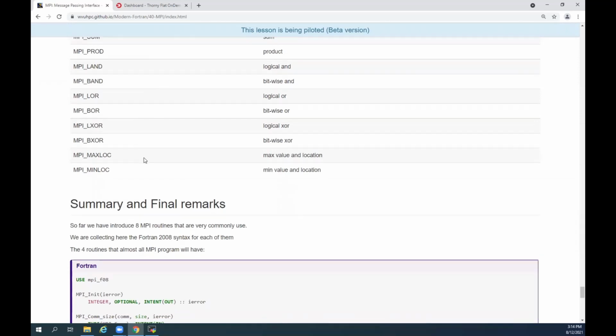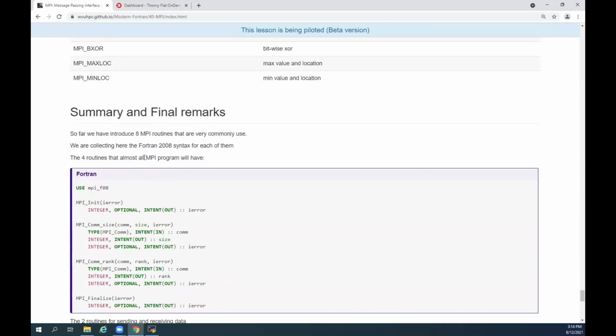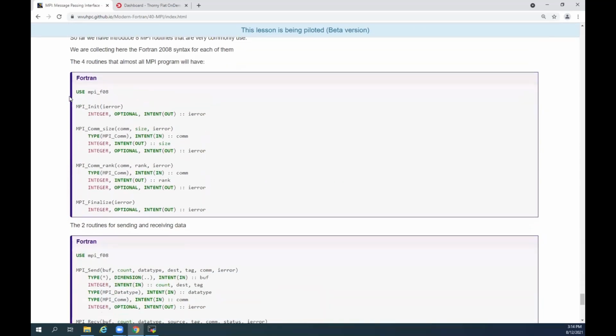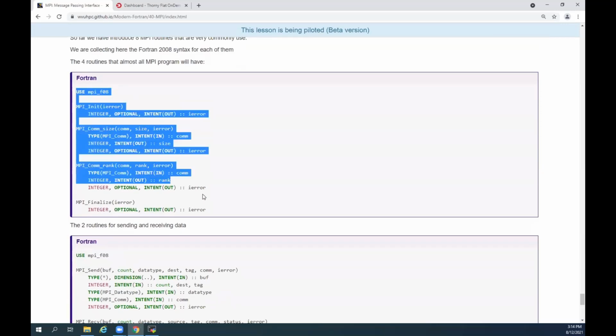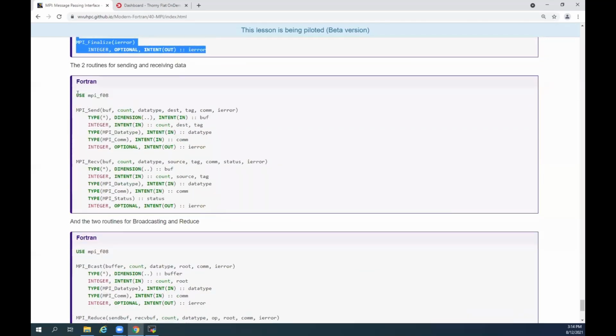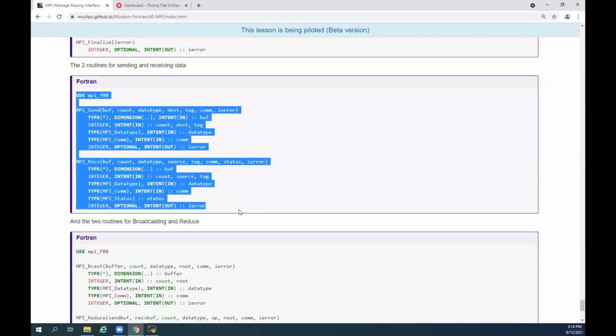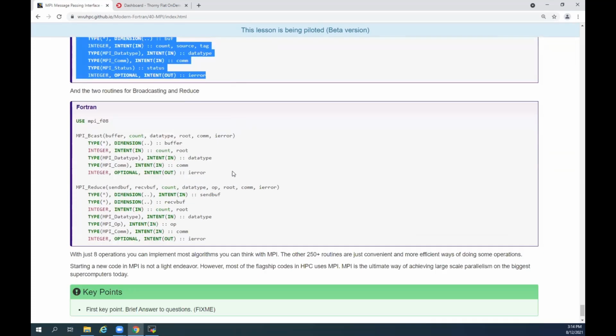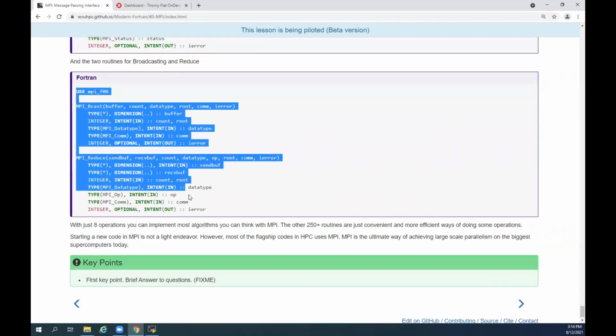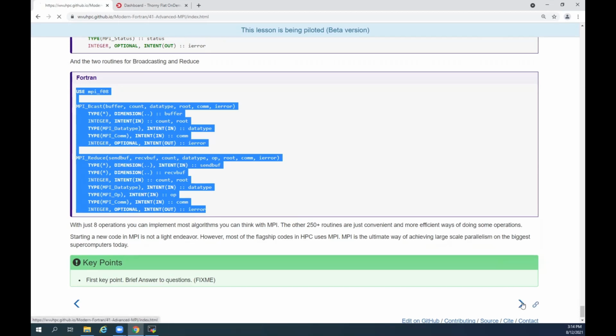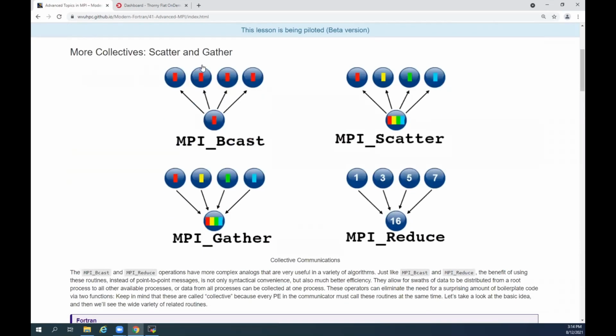This is just a summary of the kind of elements that we saw first. The main routines, I told you about those, send and receive, and we discussed those. So now, in the next section, I will advance. We already saw MPI bcast and MPI reduce,